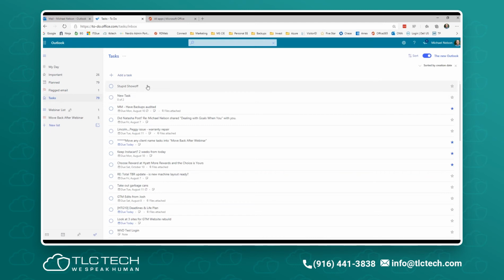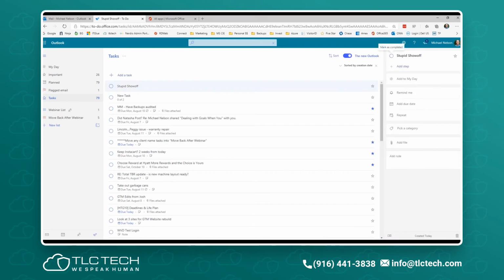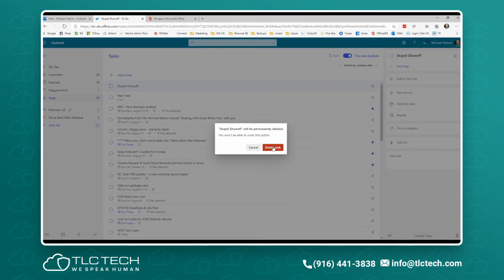So I'm going to go ahead and instead of this one, now I want to show you something real quick is right here is I don't need this one. So I'm going to right mouse click. I can also just delete the task. So instead of completing it, that was just a stupid show off. I'm going to go ahead and delete it. That's done. It gets me back into, once it deletes,